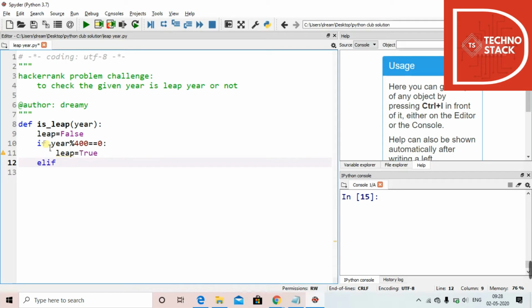Else if, we use elif over here in place of else if in this programming language. Else if year modulo 100 equals 0, then we turn leap as false.